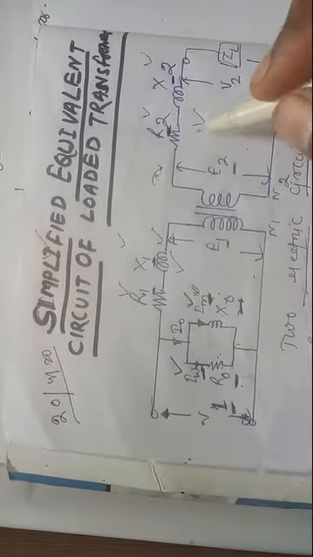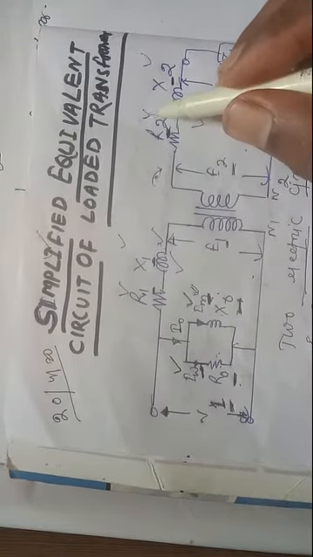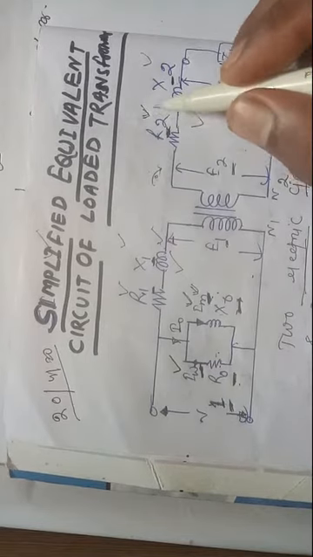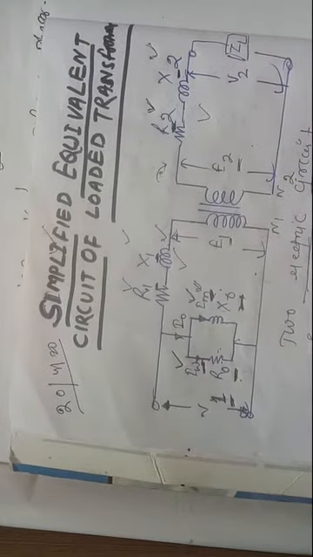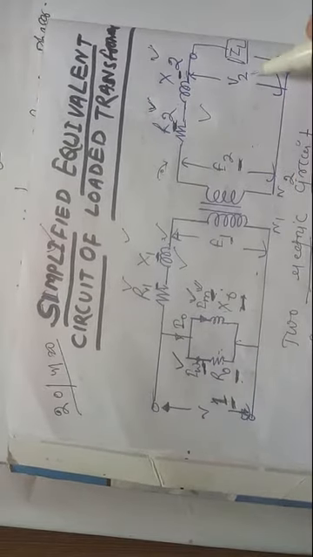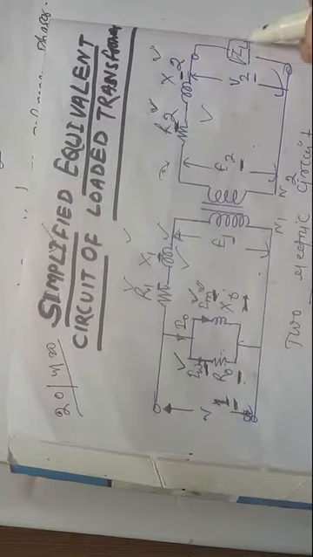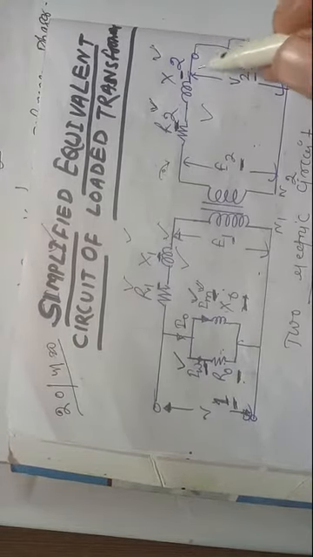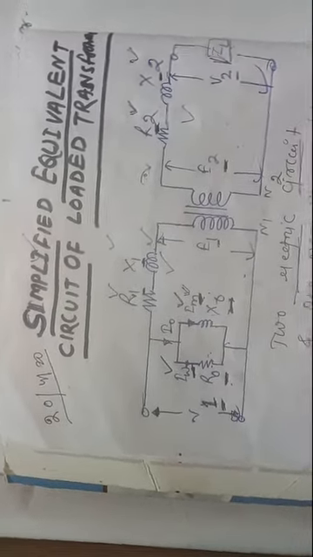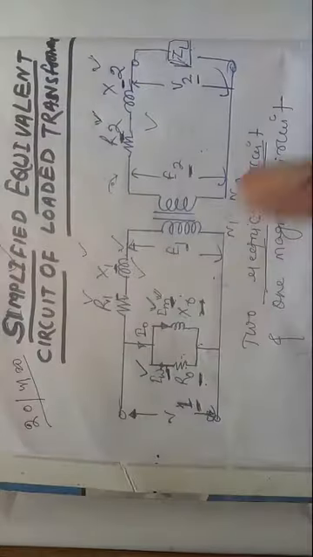Now look back to the secondary side here. This is your R2, the resistance of the secondary side, and X2 is the reactance of the secondary side, and this is your induced EMF E2, and a load having impedance ZL. You see the load is connected here. The load of impedance ZL is connected across this point, and V2 is the load voltage. So these are the parameters and how they are connected. Understood the fact?